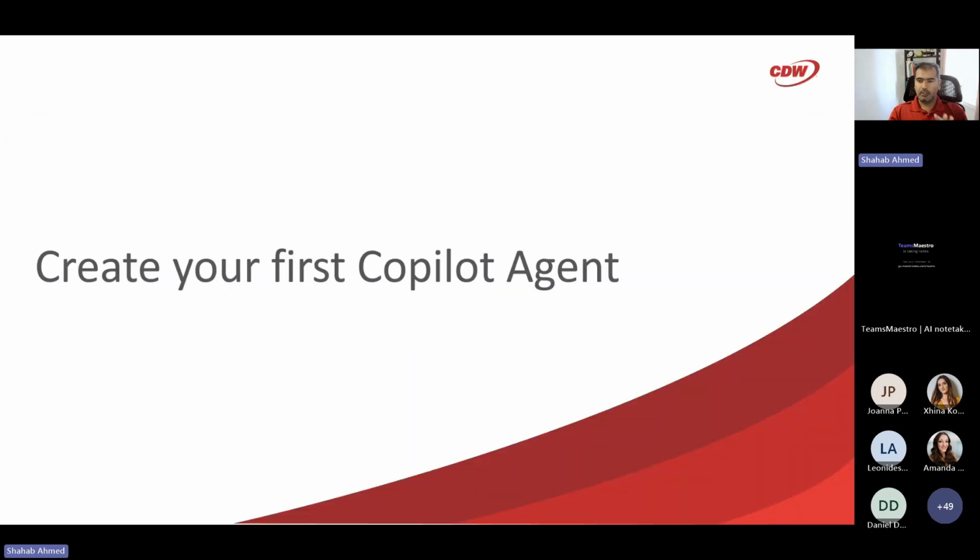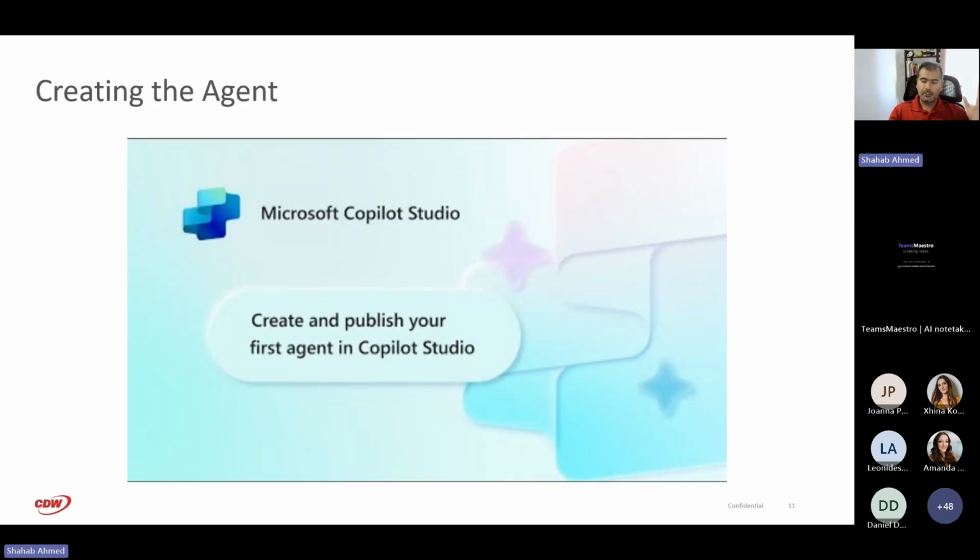What we're going to talk about now is effectively creating your first agent, right? How can you do that? Again, like I said, it's an employee onboarding agent, and we're going to go through the steps for it. Because of the number of people I have on the call, we didn't want to do a live demo, but I'll talk through some of the elements that are not covered or that I think need special attention. We're not going to be able to cover everything, but I'll try to work through those as we go. So we're going to play a video and then talk about some of those elements in terms of creating that agent piece.